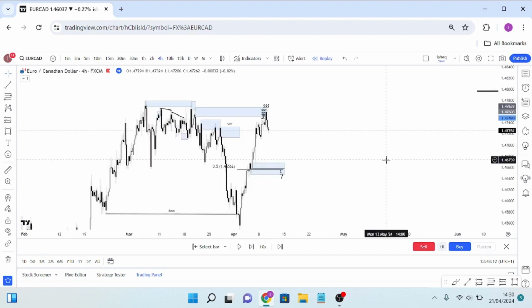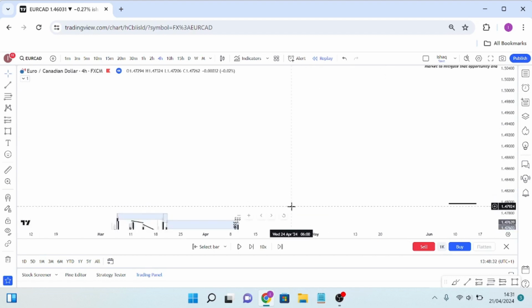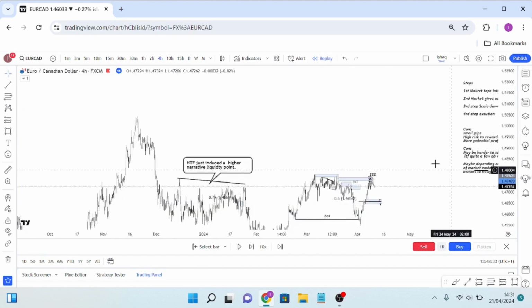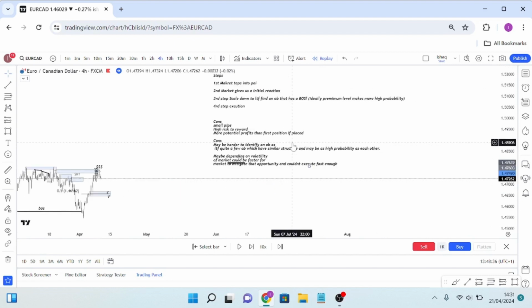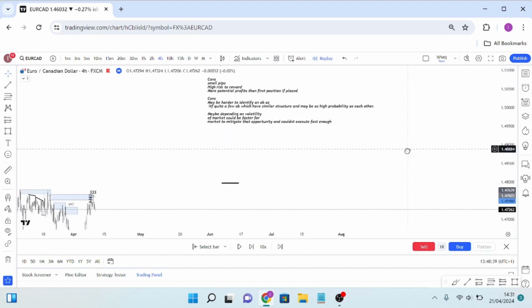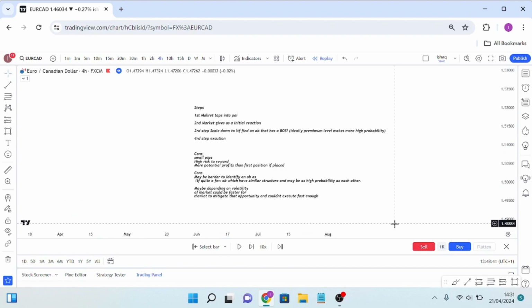However, before we get onto the trade breakdown, first we've got to understand what the steps are in order to get a lower time frame entry, what the pros and cons are, and how to identify them in order for us to get an understanding. Okay, in order for us to take a trade at a lower time frame entry, we've got to understand the steps in writing format, to be as simple as possible for you guys, as well as